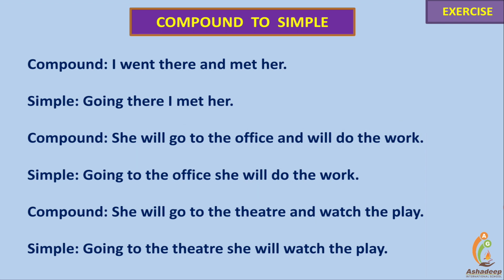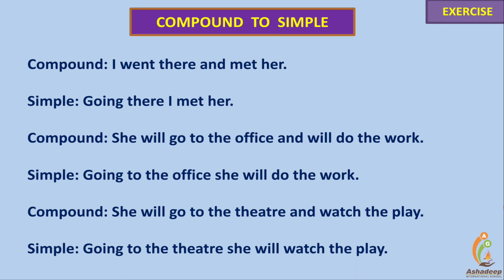It means a compound sentence has two independent clauses connected with a coordinating conjunction. Now either of these clauses is converted into a phrase to make it simple, so that the whole sentence has only a single subject and finite verb. So let us study the given example in the form of an exercise.